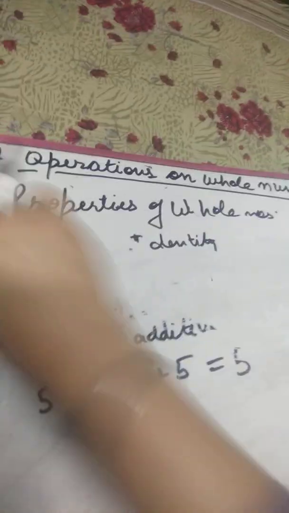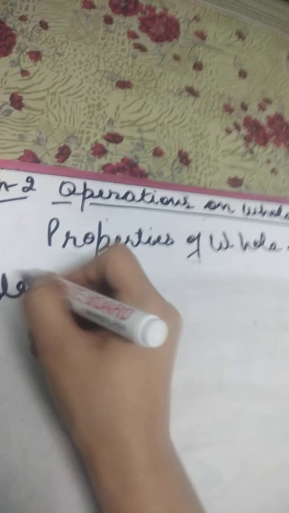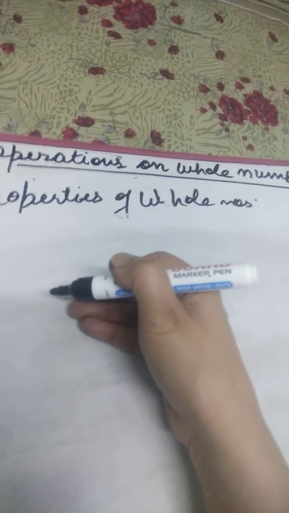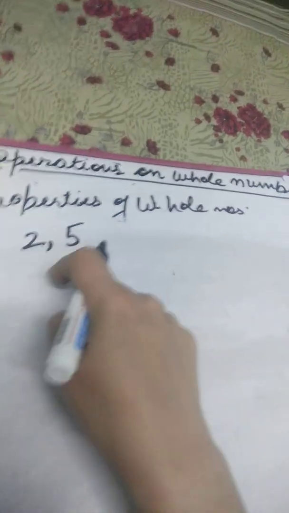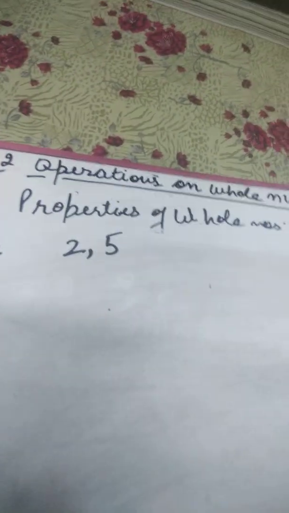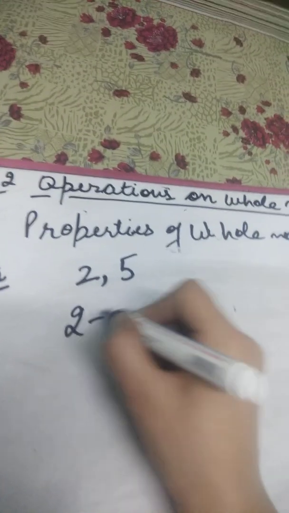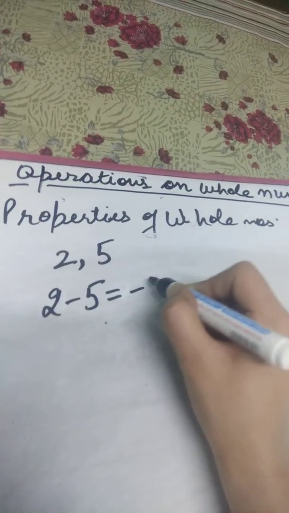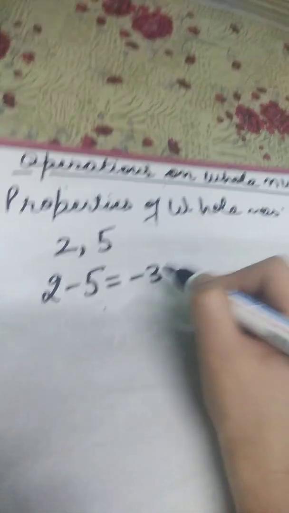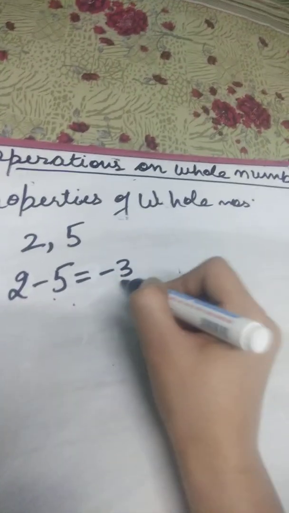Now when you have, see, the difference of two whole numbers is not necessarily a whole number. You can see in the book, in the note. I take any whole numbers, say for example, 2 and 5. These are two whole numbers. 2 is a whole number, 5 is a whole number. Now let me subtract the two. If I subtract like this, with the smaller number in the front and then the bigger number, I get minus 3. And this is not a whole number. This minus 3 we have got is a negative integer.